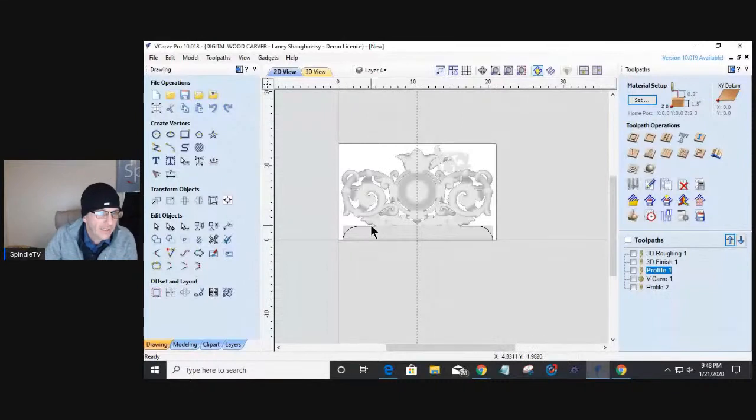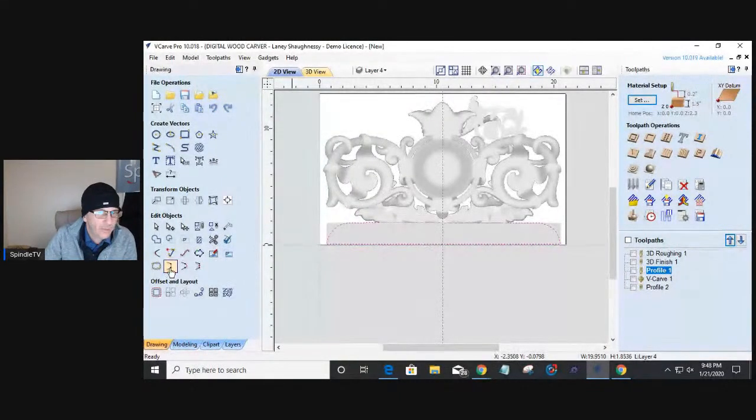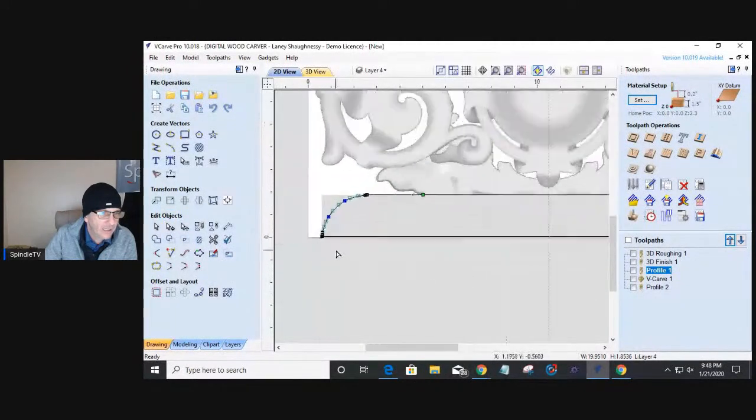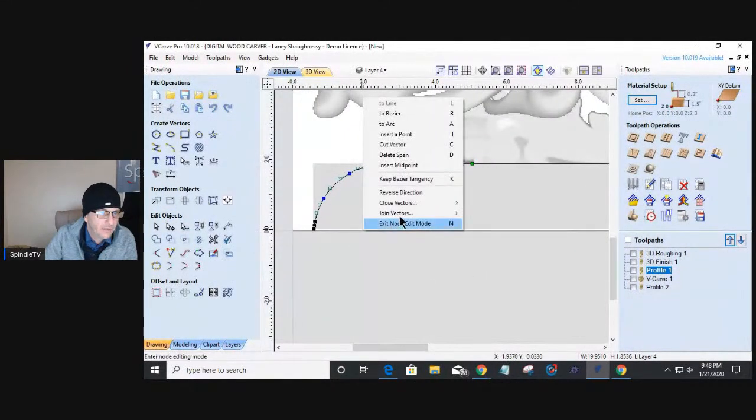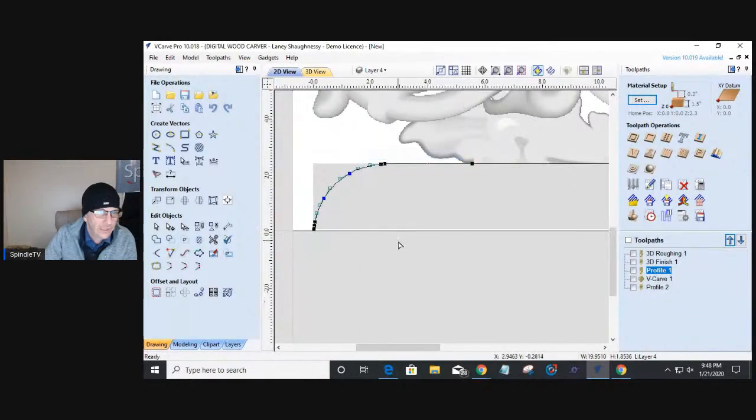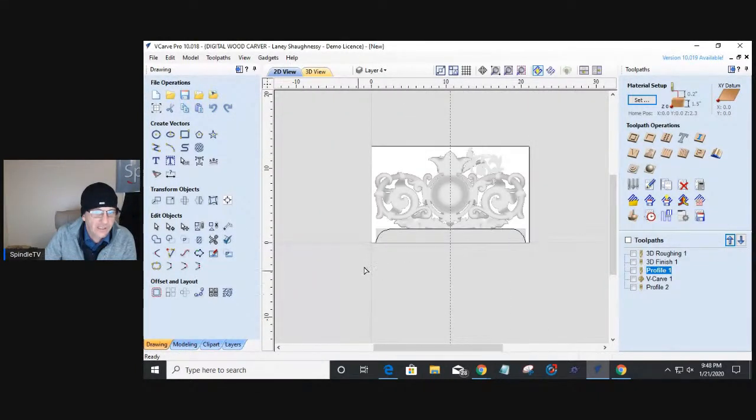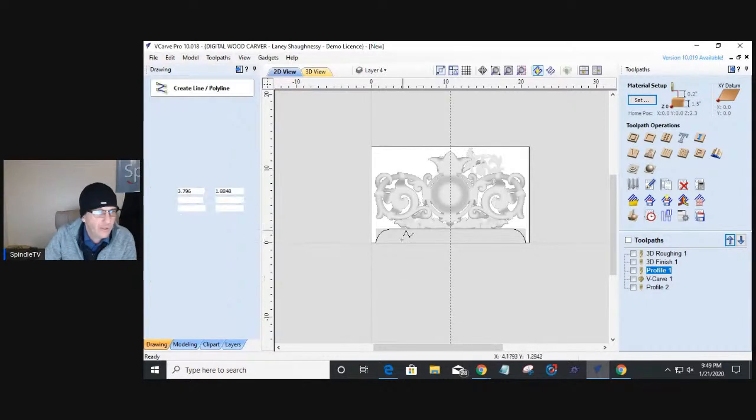Okay. On this guy right here, I'm going to join him together with a straight line, and I'm going to go into node editing mode, and I'm going to cut or delete this span down here at the bottom. Delete the span. Okay. So that gives me just this vector right here. So with this vector, I'm going to